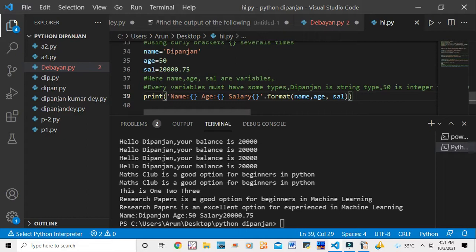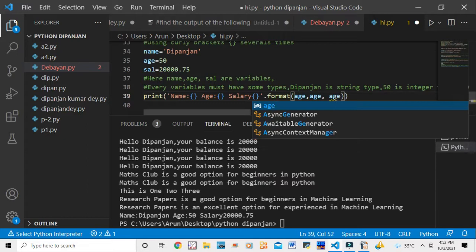Now suppose I am writing age in all the places, A G E. That means the output will show name is 50, age is 50, salary is 50.